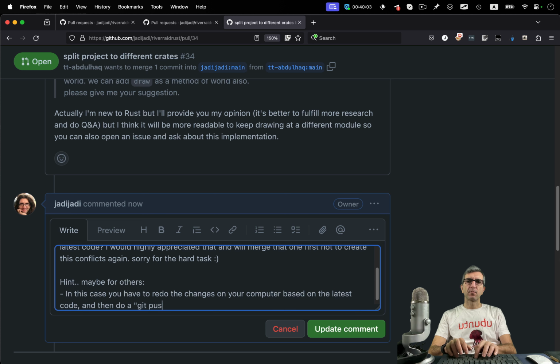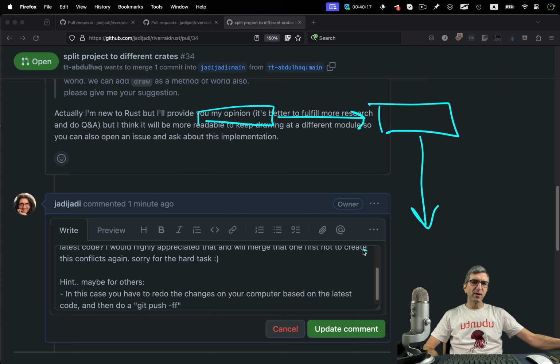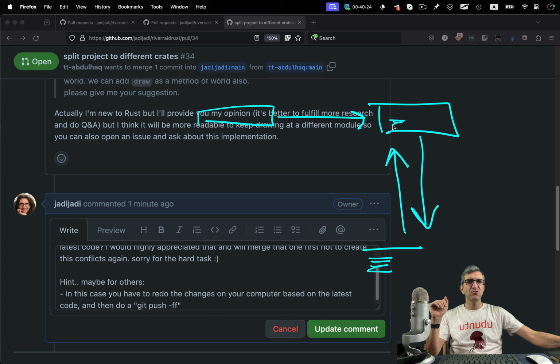git push -ff, because now you have something on your side, right? My code was here. You forked it for yourself, cloned it, created a new repository, a new branch, did your changes here, pushed back to your branch, and asked for a pull request. Now you are changing something. If you try to push the same thing, it won't work because you already have this branch with this.